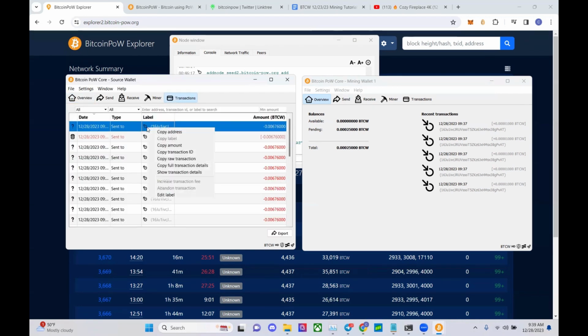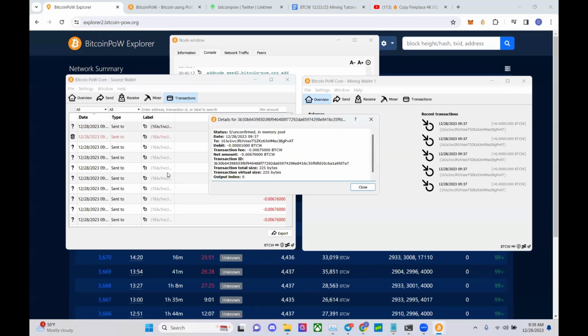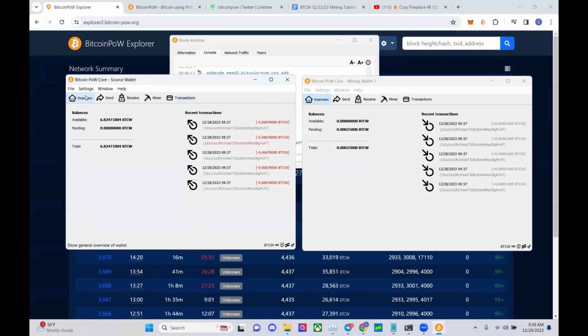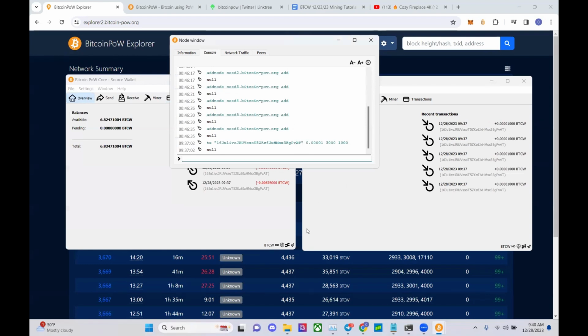Another way you can check is to right click, show transaction details. If it says that it's in the memory pool, you're very likely to get that transaction processed, whether it's in the next block or the next hour. It's just very likely. So anyway, what we're going to do next is we're going to go to